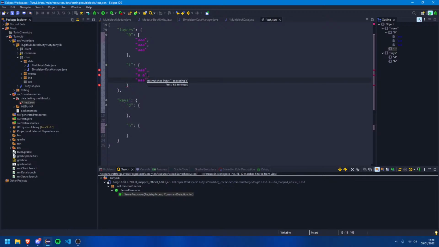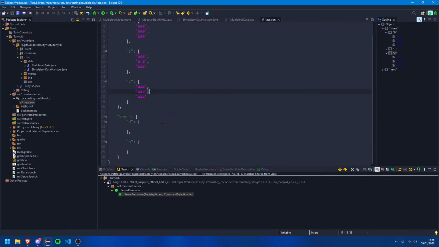What didn't I like about that? Oops, it's the wrong brackets. Then we can go layer 2. AAA, AAA, AAA. So then we can come down to here. We can go A,